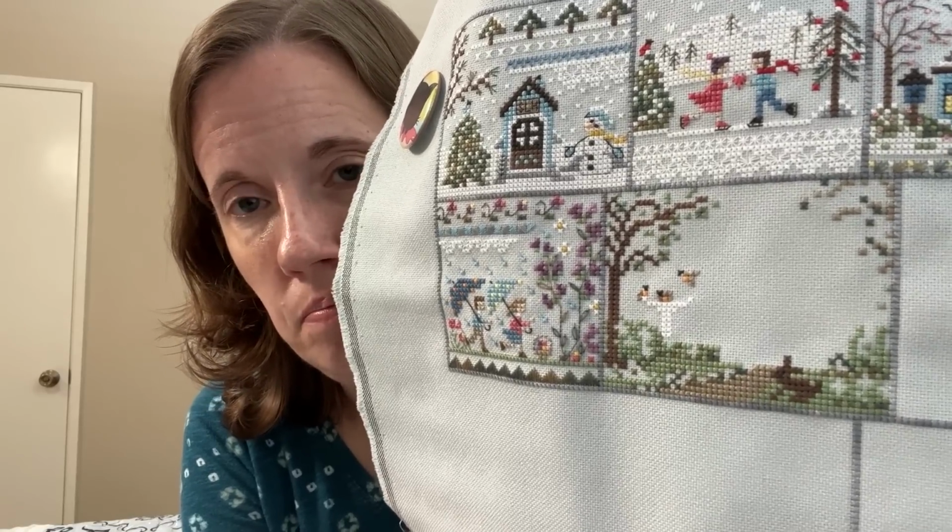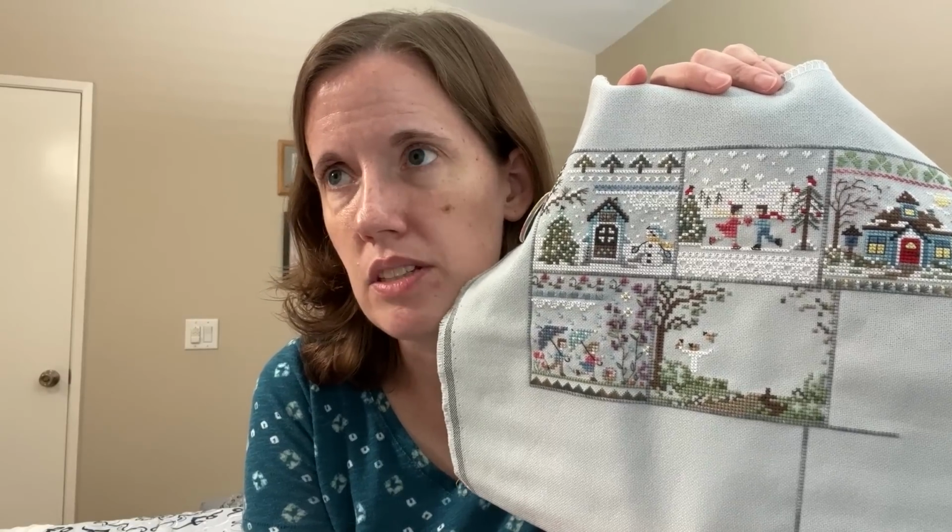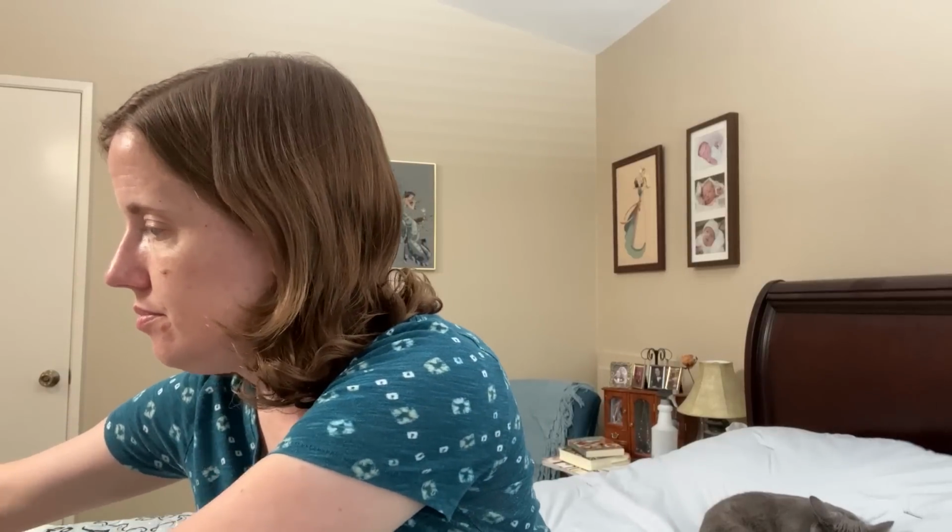I think I only did Monday, Tuesday, Wednesday on this one because Thursday I was trying to finish up the part of Summer Home before the next part came out on Friday. And so I took that one with me to travel stitching time in the car. And then Friday I was trying to finish up the Under the Sea Club part because I was so close to finishing that part. So this one only got 3 days this week, but it did get some time. So, speaking of those other two,